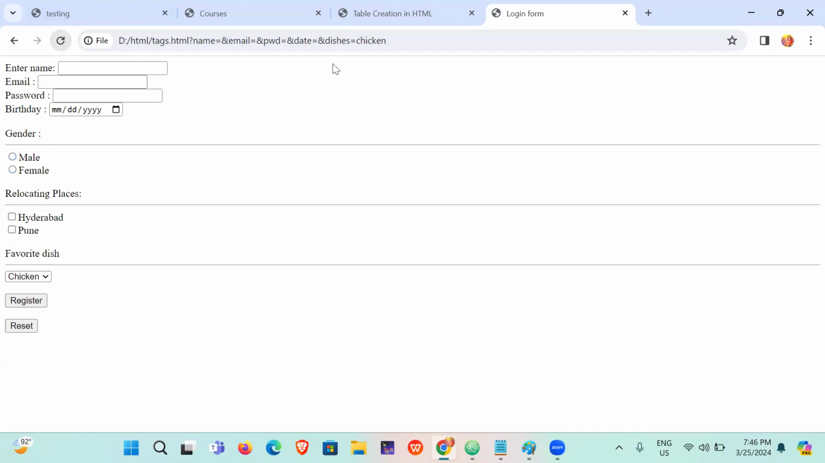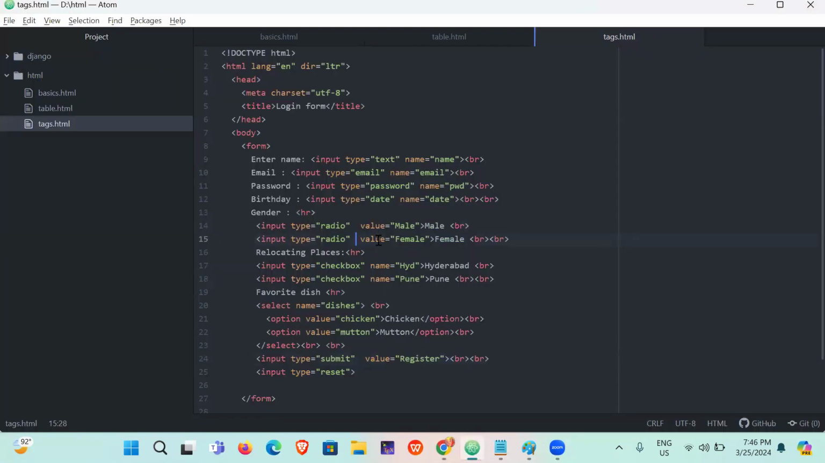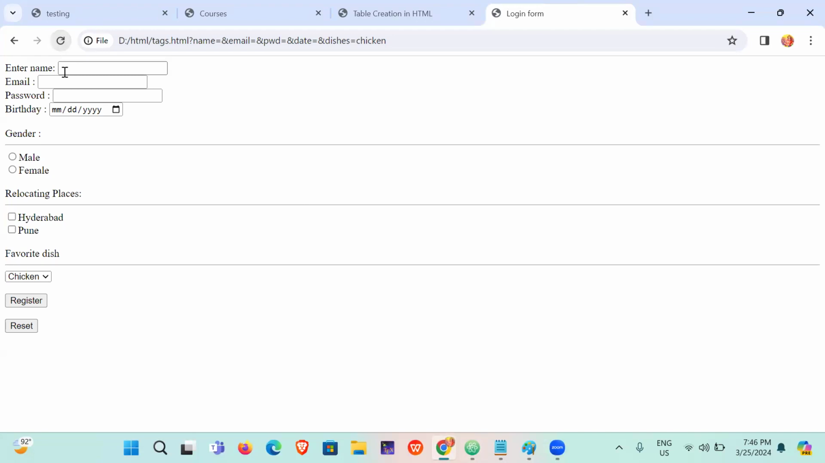So that's the reason I'm changing here to name. That's the reason why I use name. Here the value is register. That is the reason. Okay. Now